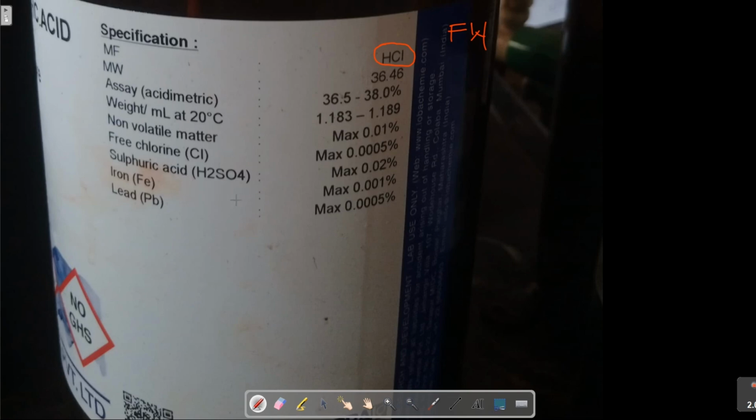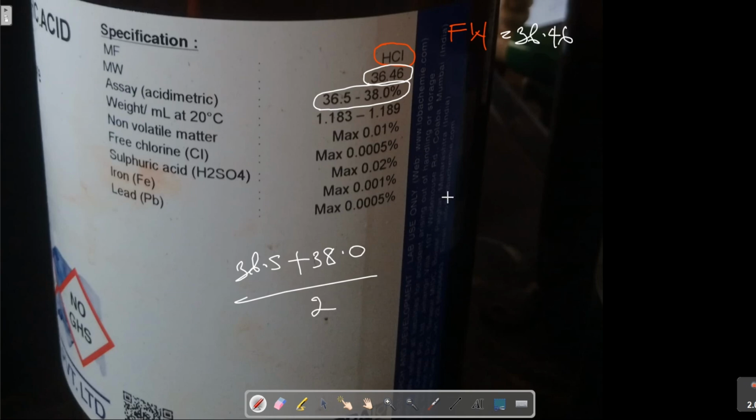The formula weight for hydrochloric acid, which you can see here, is 36.46, and the percent concentration, we have a range here which tells us is 36.5 to 38.0. Just take the average, divide by 2, and then you arrive at